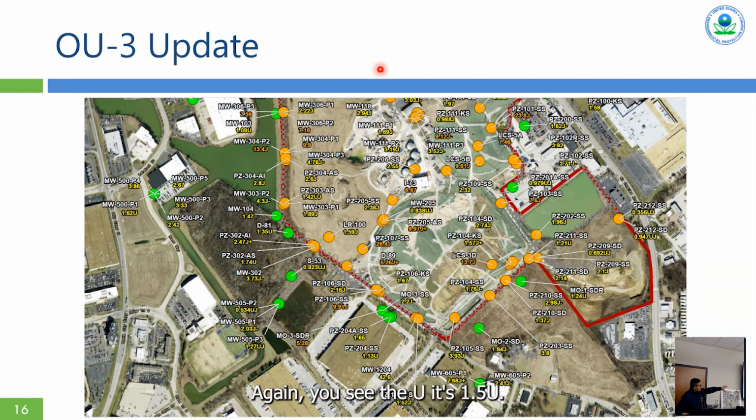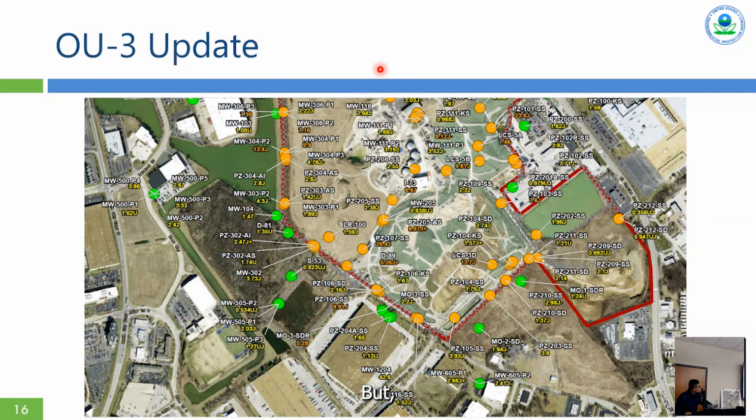In some cases you see the U, it's 1.52 U, for example, here. That means it was not detected at that concentration, so it's something below 1.62. And then the orange concentrations represent where the radium is above the 5 picocuries per liter metric that we are using. So there's a couple spots where we see that,